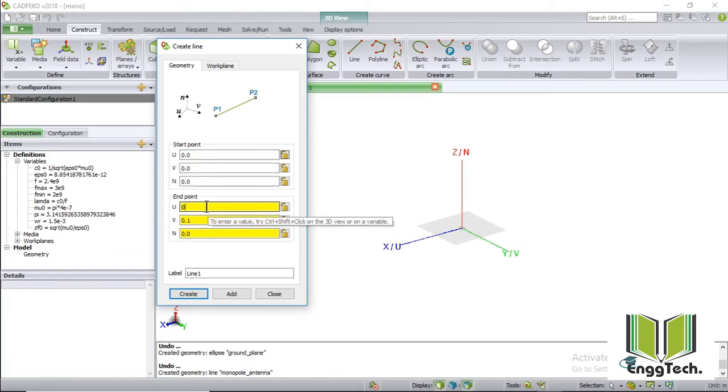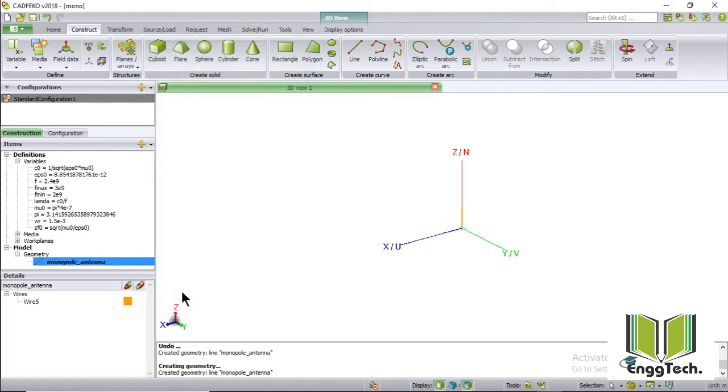So U will be 0, V will be 0, and N will be lambda by 4. I have calculated lambda previously. Label I will add it as monopole antenna. And say create.